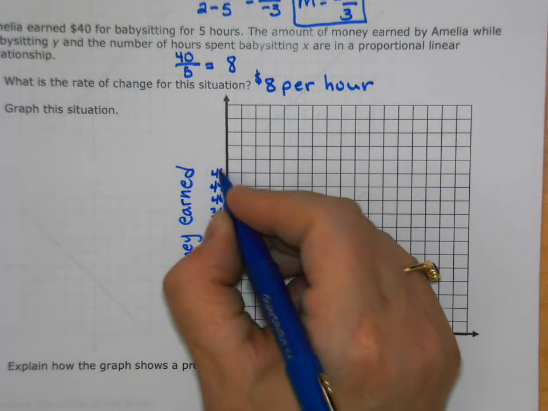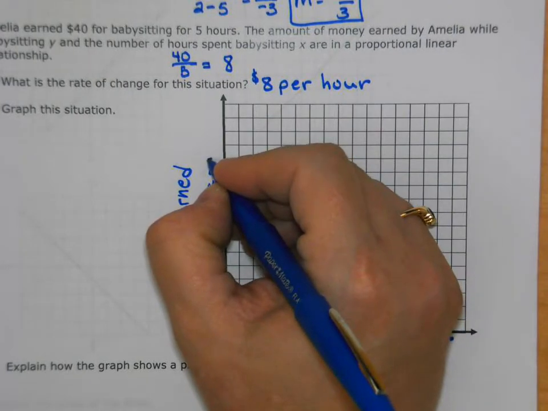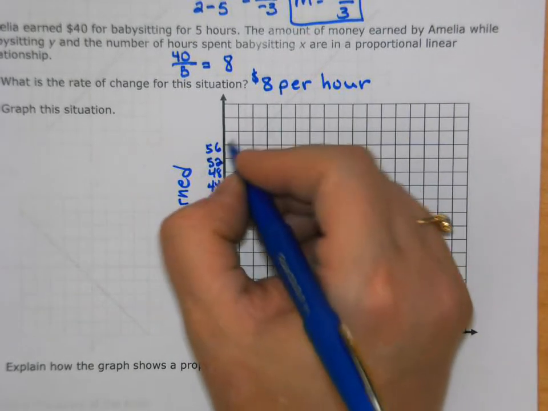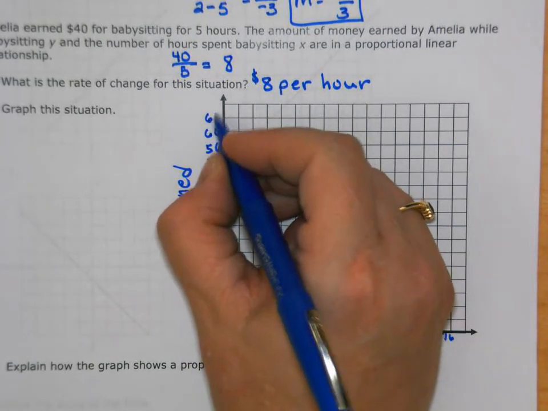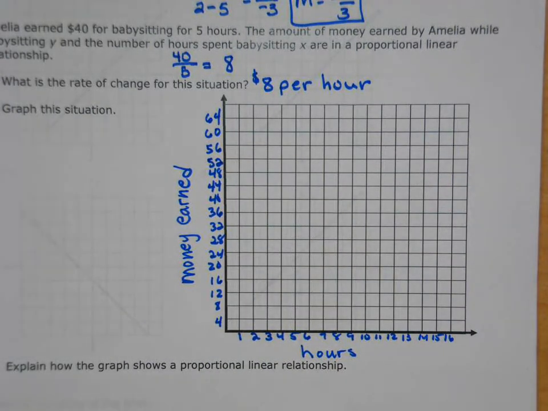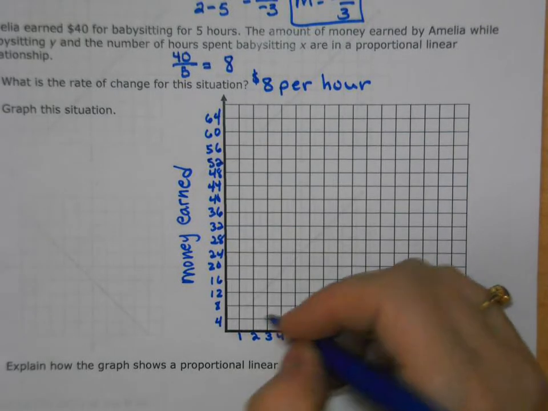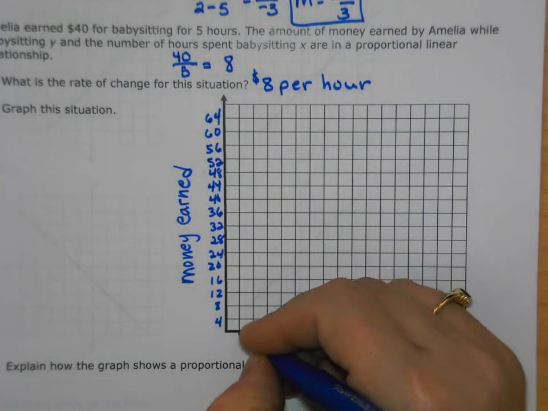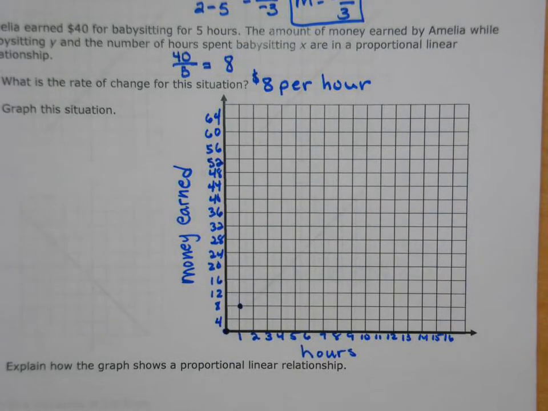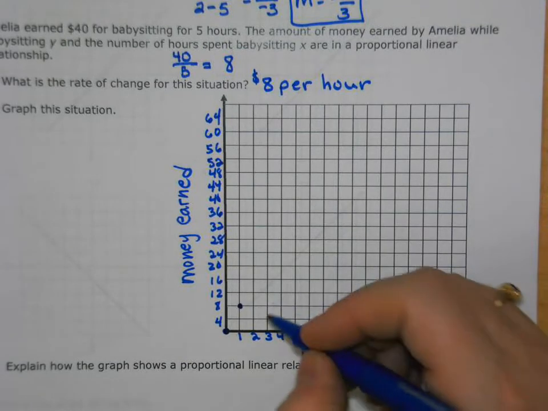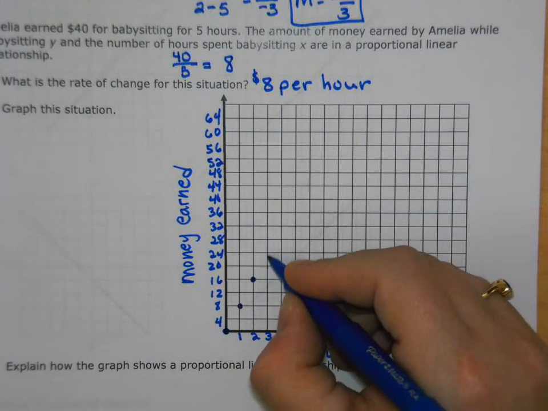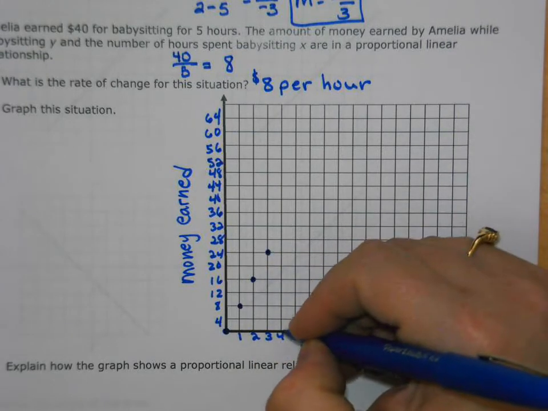And remember, at any time you can stop this video, so if you just need a minute to double check and go back and regraph or something like that, you can. Now you could have counted by 2s or something different if you wanted to. It's up to you. So for 1 hour it is 8. By the way, for 0 hours it would be 0, which is telling me that this is a proportional situation also. 2 would be 16. 3 would be 24. 4 would be